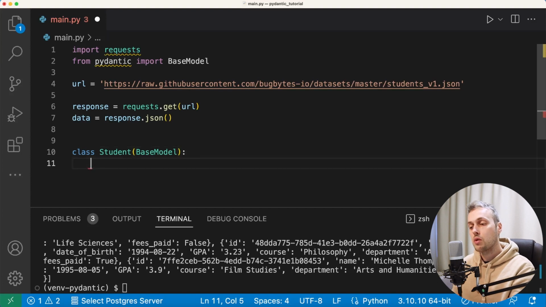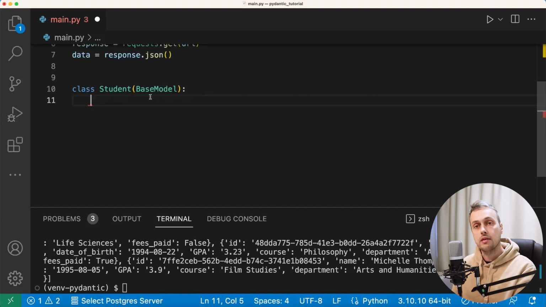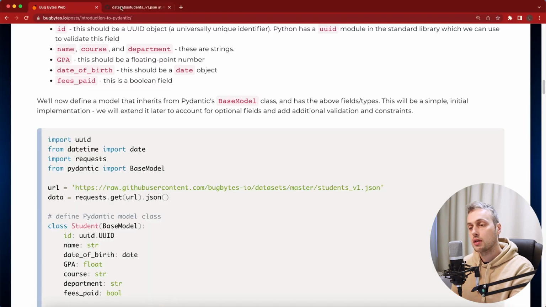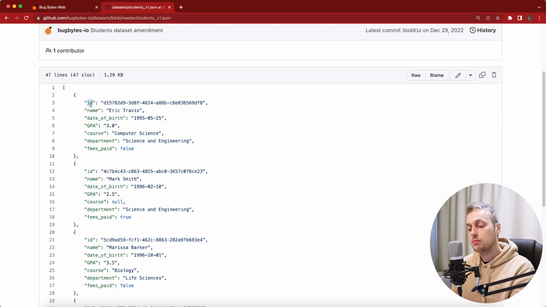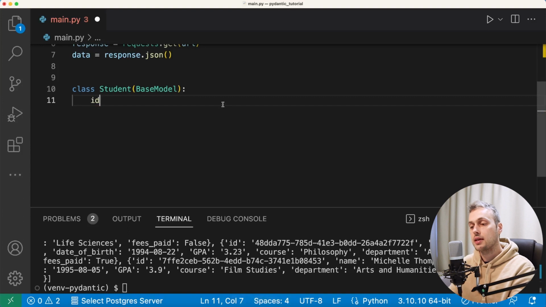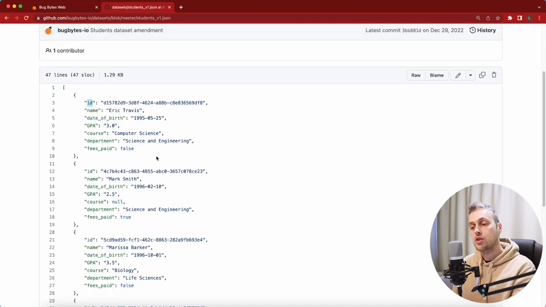the base model, and then within the class what we do is we define fields of data, and each field has a name and then it has a data type. So let's go back to our data set on GitHub here. We have an ID column first of all, or an ID field in this data. We're going to copy that and paste it into the Pydantic model, and that has a type of a UUID. If you look at the data, you can see that each ID is represented by a UUID. So we're going to represent the ID on our Pydantic base class as a